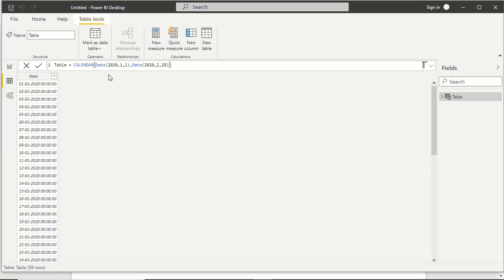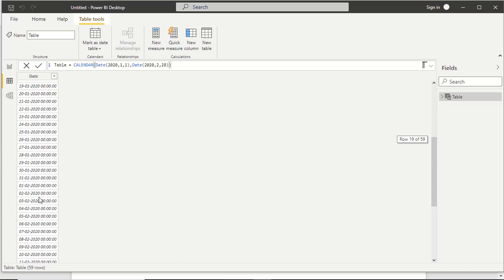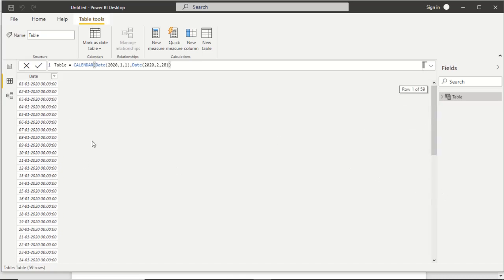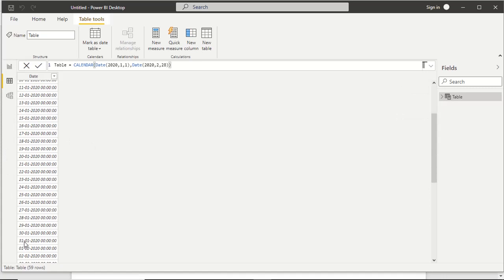So now you can see this is the first month, then we have the second month, and days are from 1 to 28 for February, and for January it's 31. Suppose I reduce the date, I make it only 10.